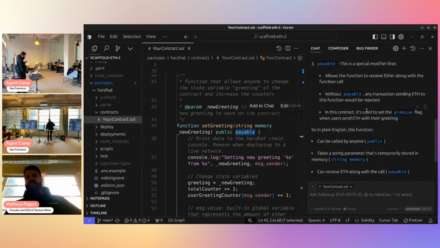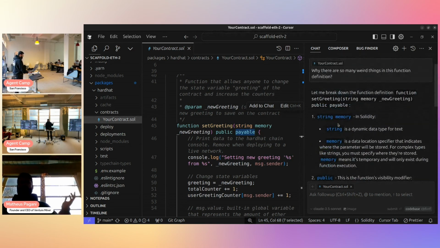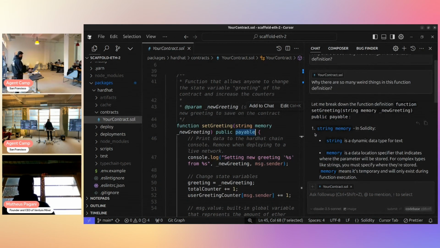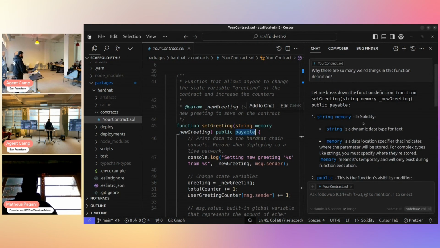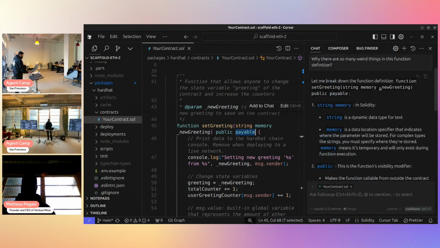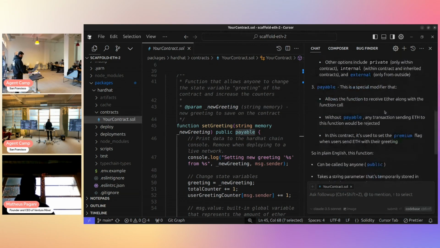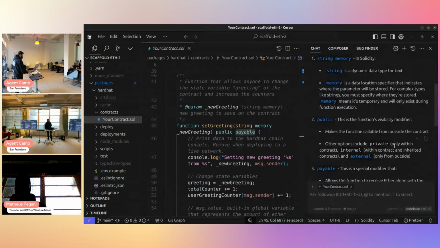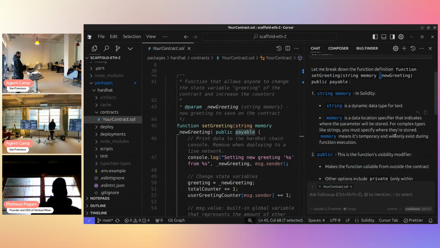So there is an explanation for all of these things that I mentioned very briefly and quickly here. I guess the only thing that wasn't mentioned was the underscore here. But see, you now can chat with the AI for the AI to explain the syntax to you.